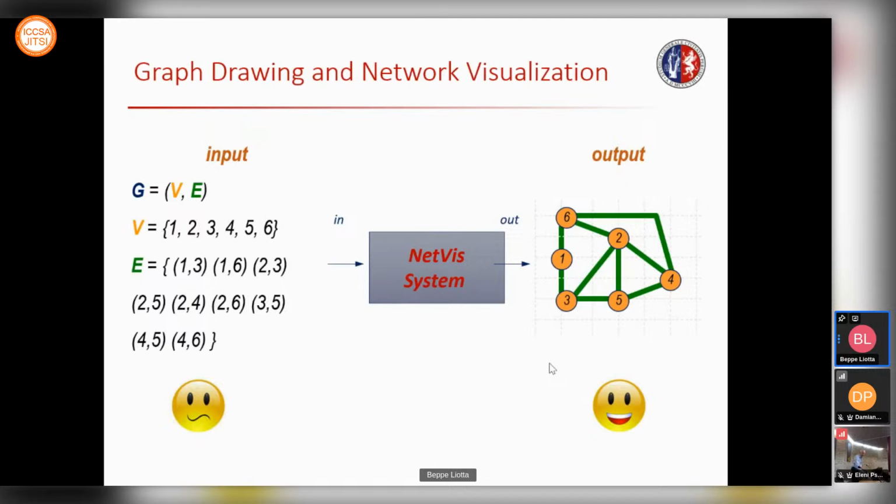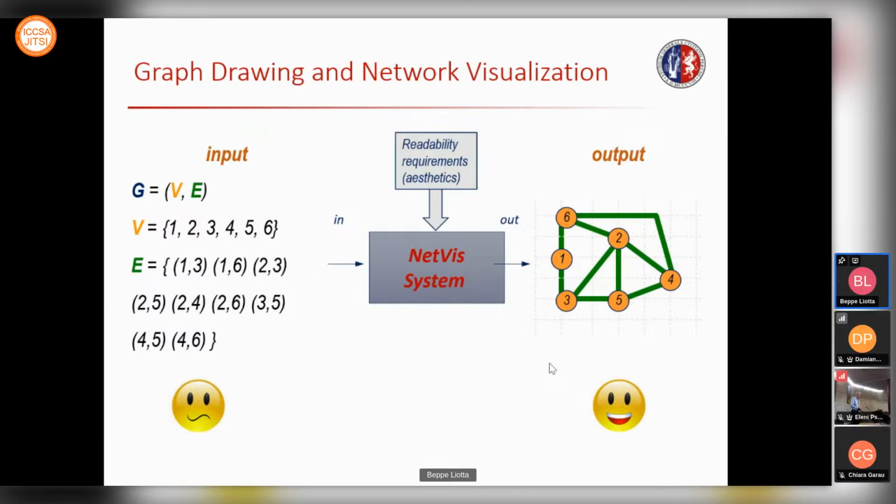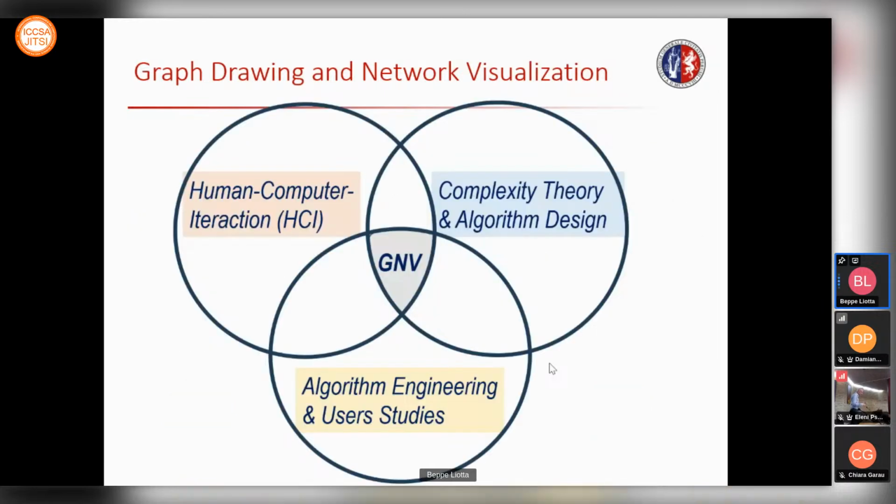Of course, to do so, you need some additional criteria that are the readability requirements and the visualization metaphor. So if you think about this area and you think about what knowledge you need to construct, design and realize such systems, then you will easily see that the area is an intersection of three areas of computer science. One is human-computer interaction, because the end user will need to interact with the representation that you offer